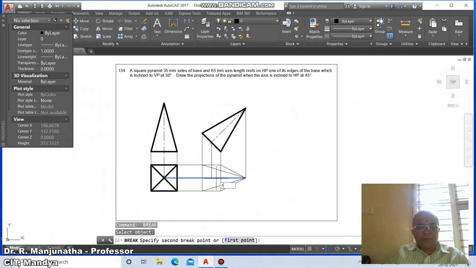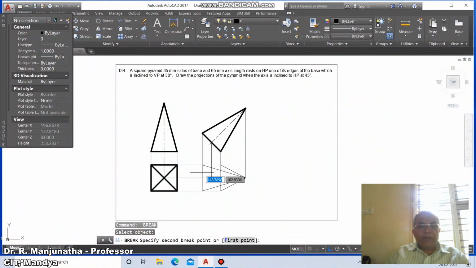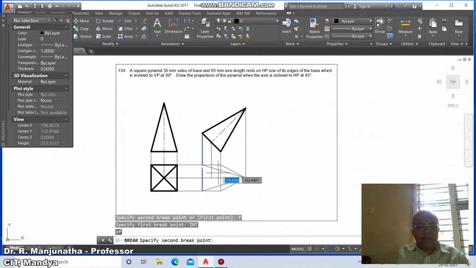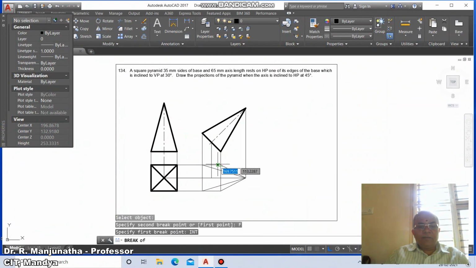Similarly break first point int of this and say @. Similarly break first point, type int of this and say @. And similarly break first point int of this.